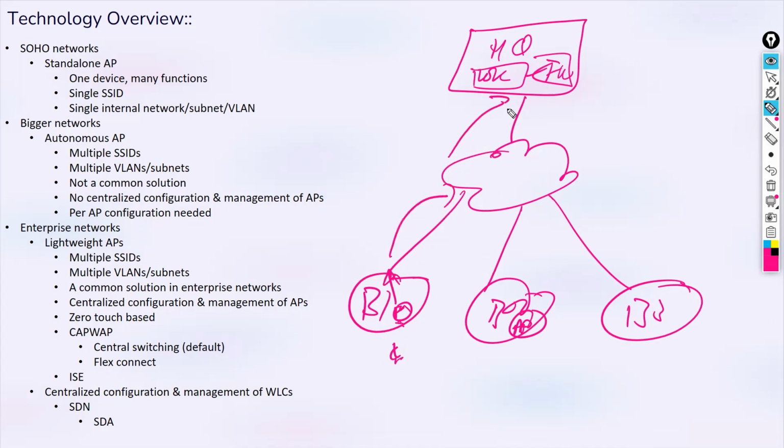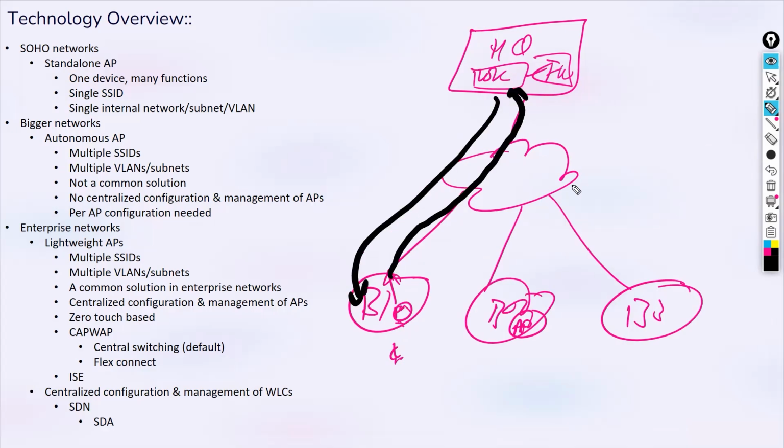If a user connected here wants to go to the internet or maybe some private network, this is the flow of traffic. If I just say it simply, first I need to go to my WLC and then my traffic will come back. But for one site, you don't need to burden your WAN bandwidth. Your AP itself can do the switching. So that part is known as what?